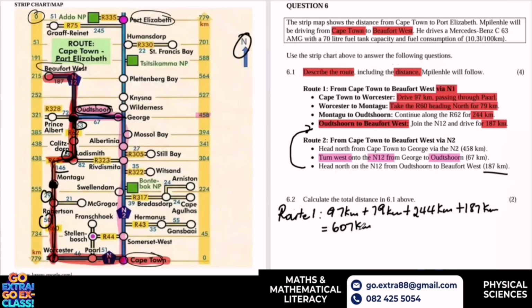So now moving along, if there was someone that chose route number 2, someone opted to say route number 2 was the easiest one, it's fine. Let's find the kilometers there. The first kilometers there is going to be 458 kilometers plus 67 kilometers plus 187 kilometers, and then